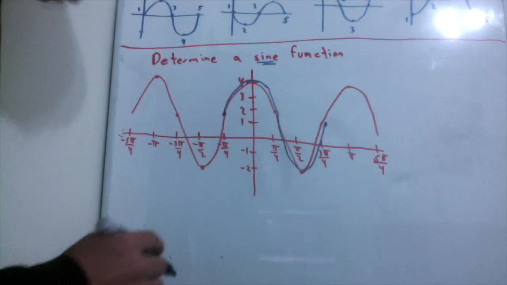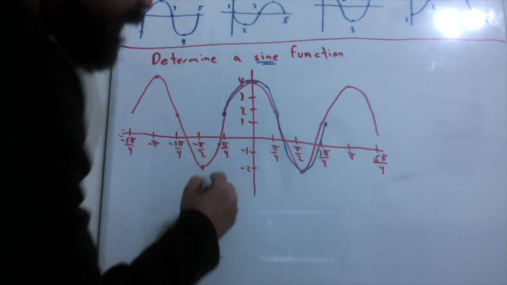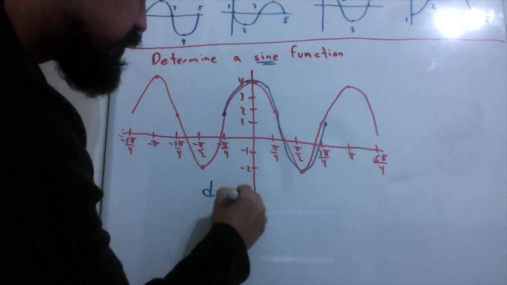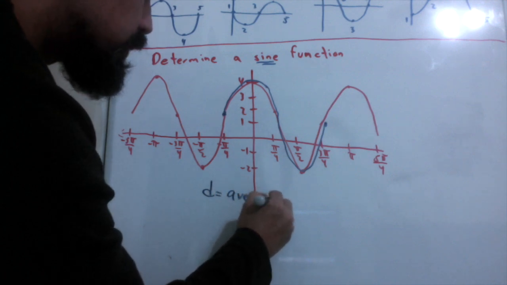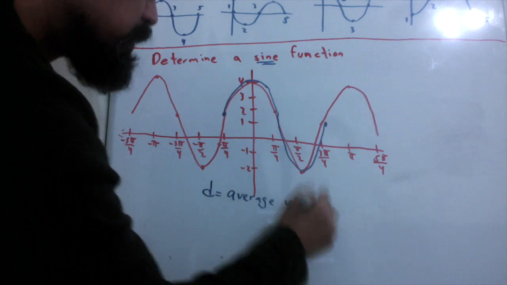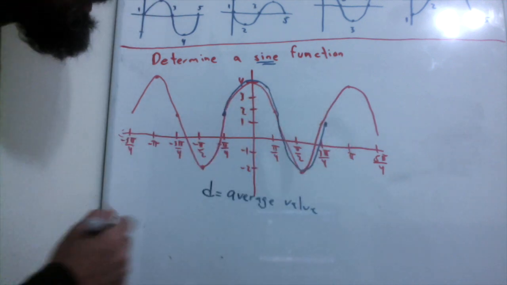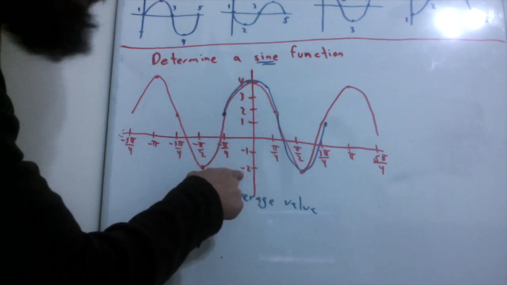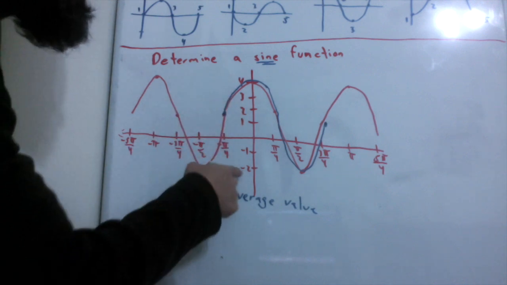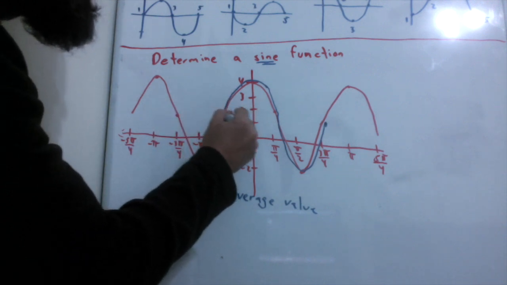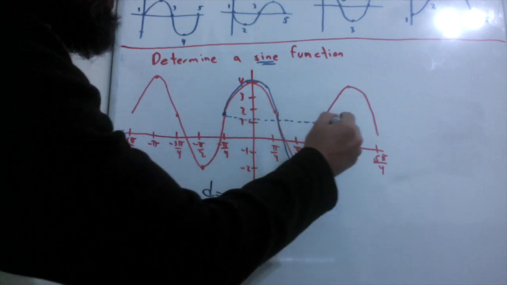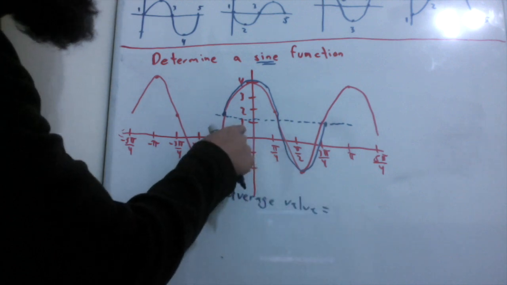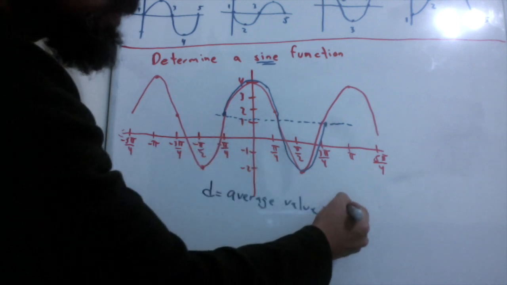So here the first step is to find the letter D. D is the same as the average value. Why is it called the average value? Because it's the one that is in the middle. So the number between -2 and 4 is 3 units up and 3 units down. So my letter D is 1